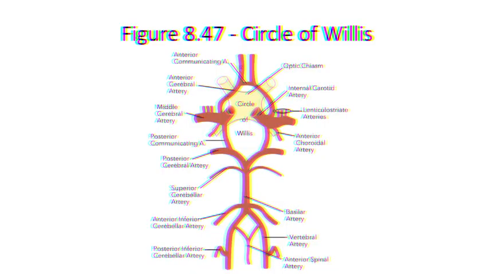From figure 8.47, we can clearly see the posterior communicating artery right here. Recall that the oculomotor nerve passes between the superior cerebellar artery and posterior cerebral artery as it projects anterior like this. This means that an aneurysm originating from the PCOM right here could compress the oculomotor nerve, resulting in the